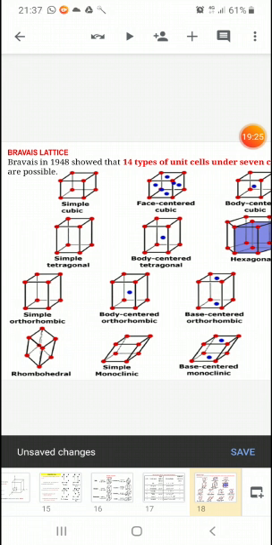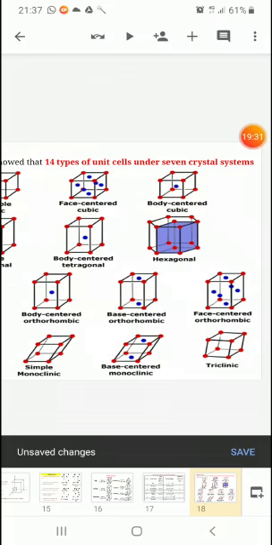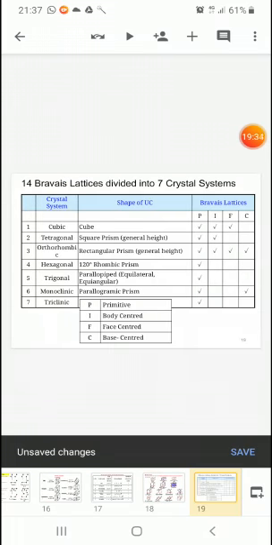These are the 14 lattices belonging to the 7 crystal systems. Now from that we have to make another table of the Bravais lattices, divided into the 7 crystal systems, that is the crystal system, shape of the crystal system and the Bravais lattices. Cubic crystal system, shape cube. It is the primitive